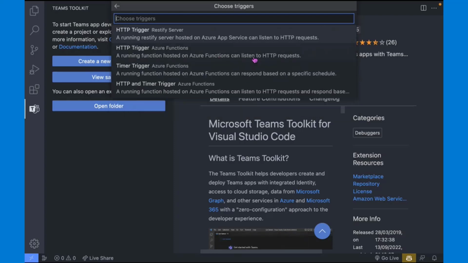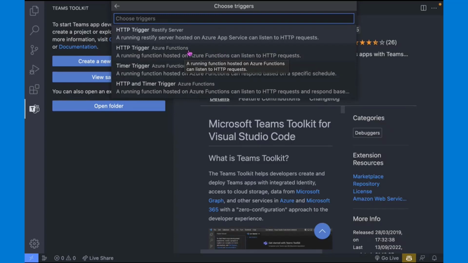We've got four different options that we can choose. The first option is a Restify server implementation, which is an HTTP trigger. This is you sending an HTTP request to your bot, and that will trigger a message to go into the different locations in Microsoft Teams where you've installed it. The next three are all Azure Function based.